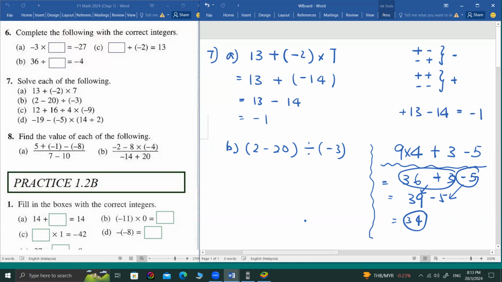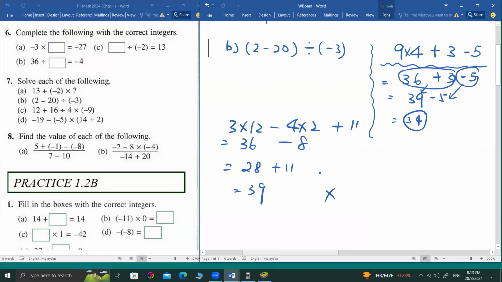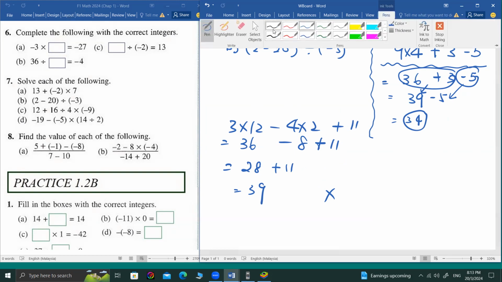明白了没有？Again, you can't do like this. For example, 3 times 12 minus 4 times 2 minus 11 or plus 11. You can't say that, okay, 3, 12, 36 minus 8. 36 minus 8, then you say 28. Then you bring this down. Then you say 39. No, the solution is wrong. 还是错了啦。Whatever they have, you must follow to copy. 不可以突然间有，突然间没有 cannot. Got what I mean? Understand, Anna? Yeah? So remember the solution.